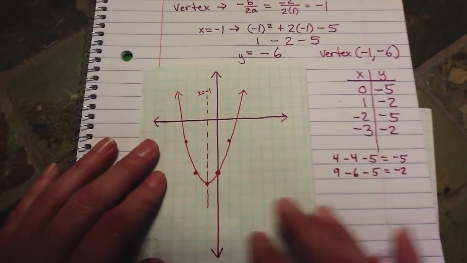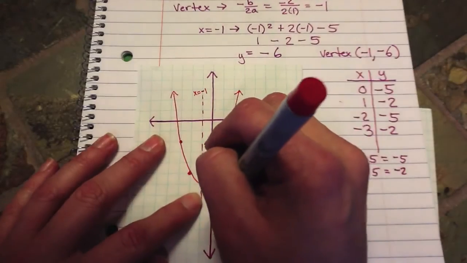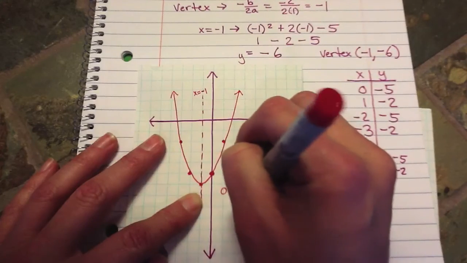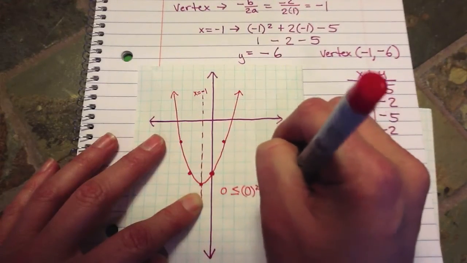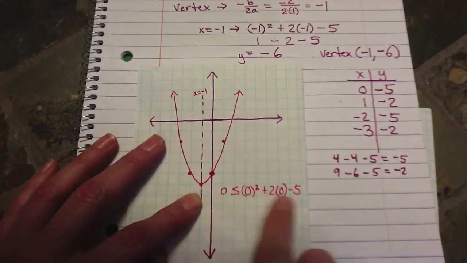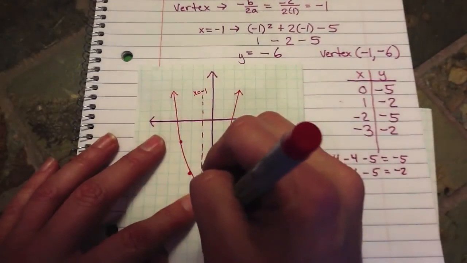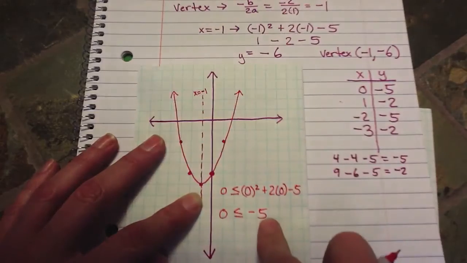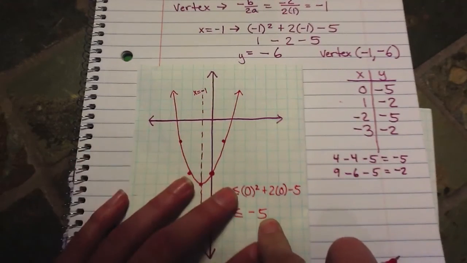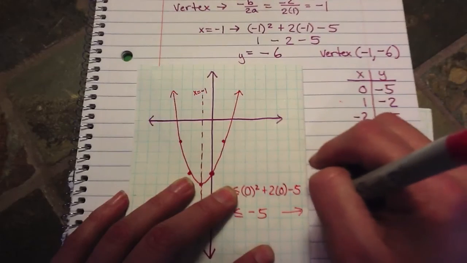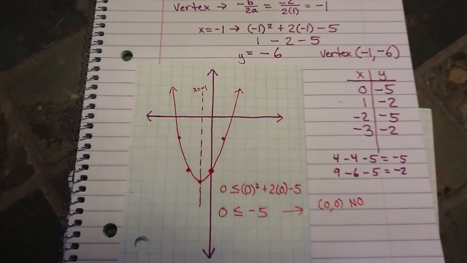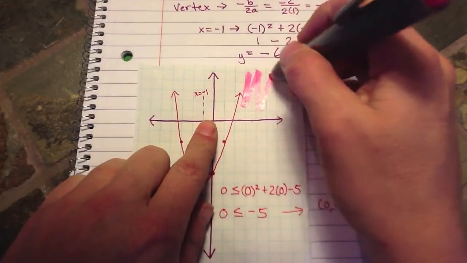So go plug in 0, 0 to the original inequality, which is 0 is less than or equal to 0 squared plus 2 times 0 minus 5. So that's my y, that's my x. 0 is less than or equal to negative 5. And is 0 less than or equal to negative 5? No. So 0, 0 is the no, which means, and I don't have a pencil, so I'm going to just use a highlighter, that the shaded area is not the 0, 0, but it's